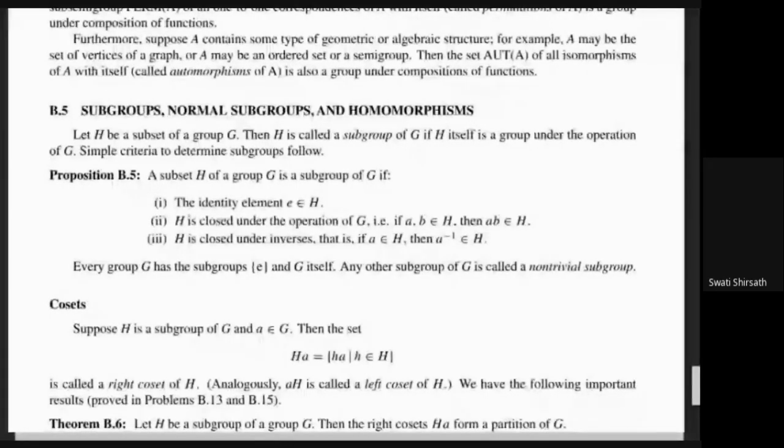So if capital G has the addition operation, then H should be a group under the operation addition. It is like a subset. So whatever G is satisfying, H should also satisfy. So if G is a group, then H should be satisfying all properties of a group and it should be a subset of group G. So if G is our set of integers, then H can be 1, 2, 3, 4 or 0, 1, 2, 3 or minus 1, minus 2, 0, 1, 2, 3, something like that.